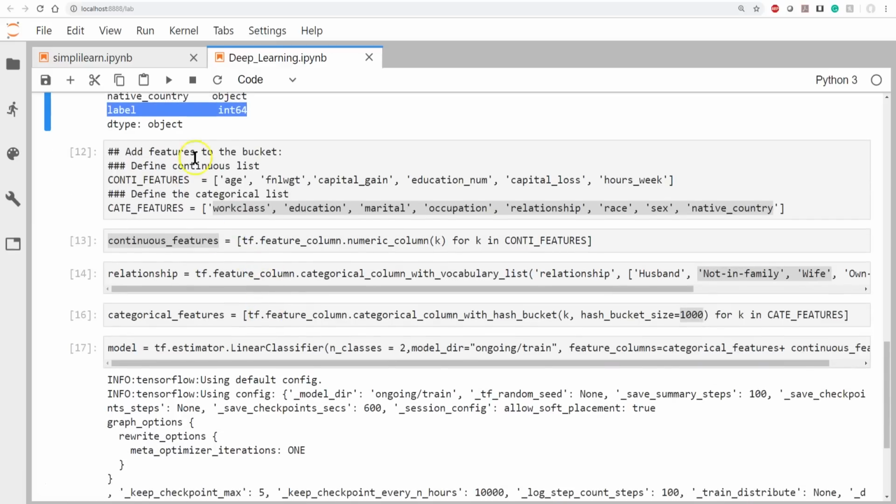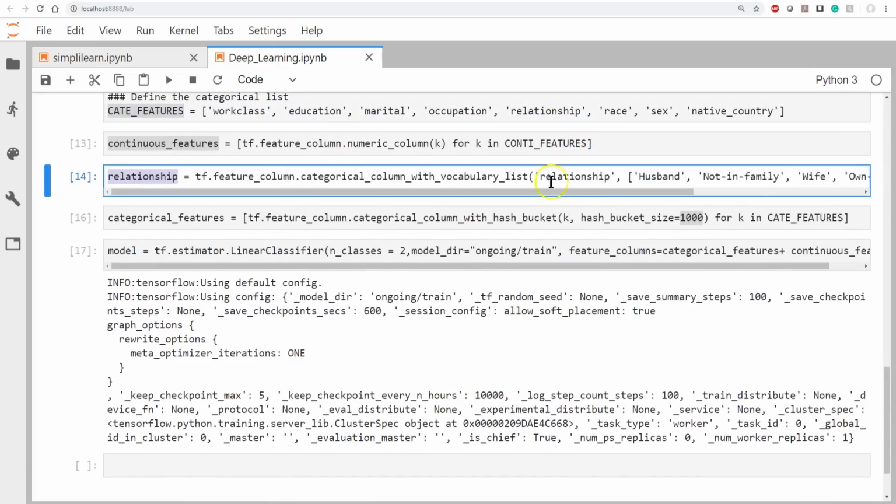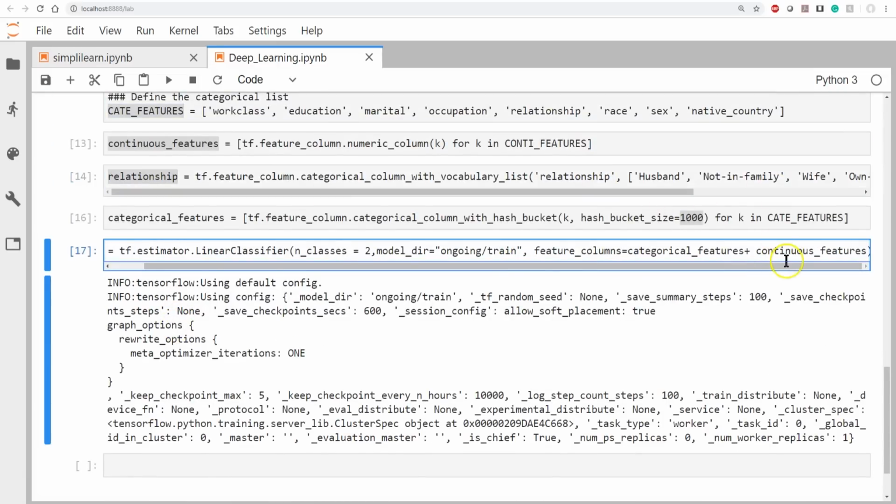And then we looked at 3 different ways that we can label the data, as far as the way we're going to read it. We have our continuous features and our categorical features. Here's our relationship, which is one of them. When we created our model, we did not put the relationship in here. What you can do is take it out of categorical and give it its own entry, instead of just having categorical features and continuous features. So we've created our setup for our model.